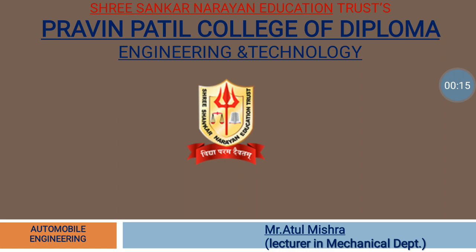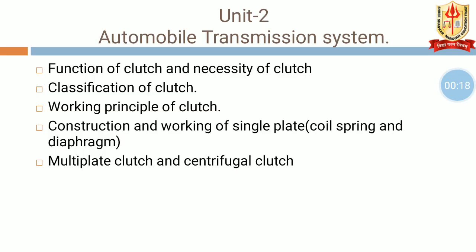In this automobile subject we have completed our first chapter, that is Introduction to Automobile. In that chapter we have studied about different layouts of automobile like front engine, rear wheel drive, rear engine, rear wheel drive, and so on. And we have discussed what is body, chassis, and frame of the automobile. We have also discussed the nomenclature of the automobile, and the classification of automobile on different basis.